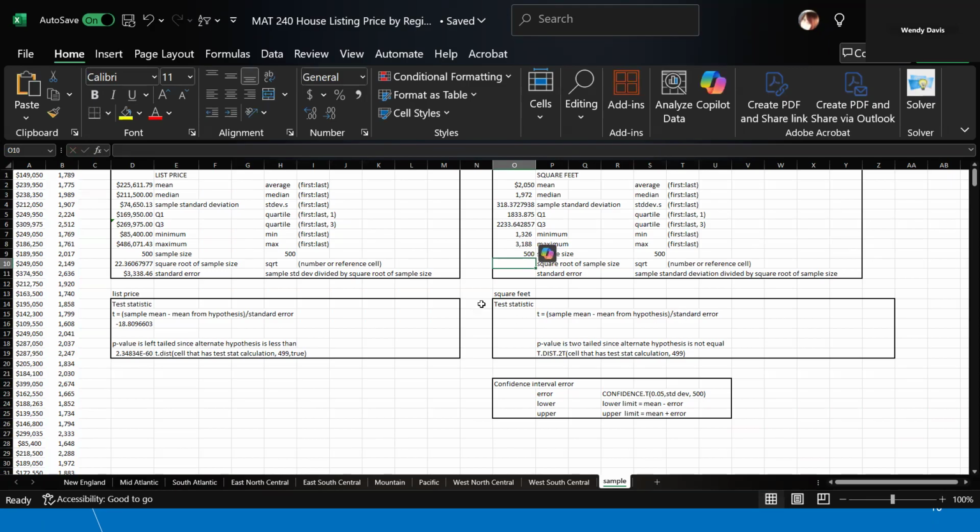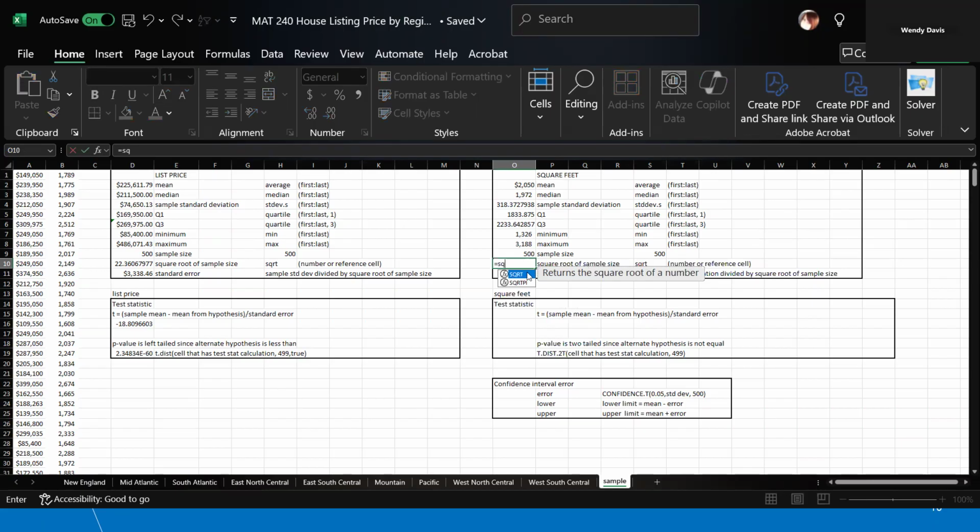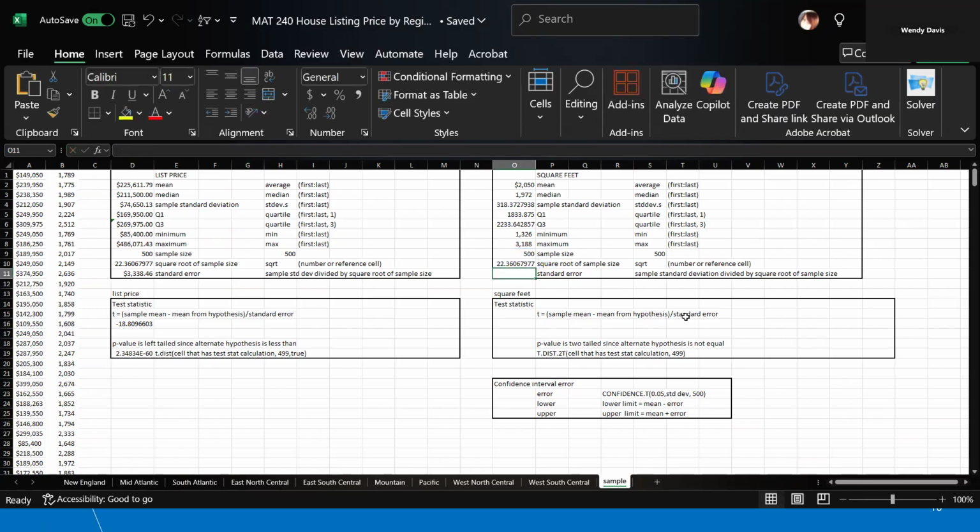Okay. We need the square root of 500. Our standard error is equals sample standard deviation divided by the square root of the sample size. Okay. And same thing here. I put the arguments, the formatting for these formulas. Okay. Our test statistic,